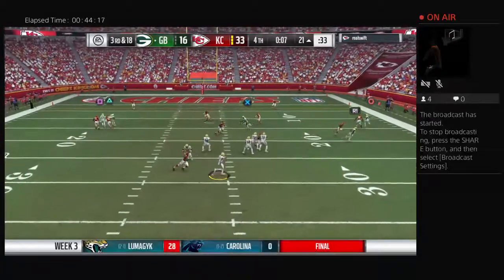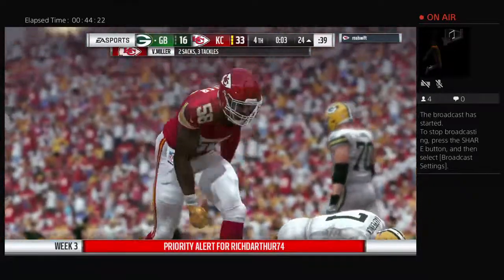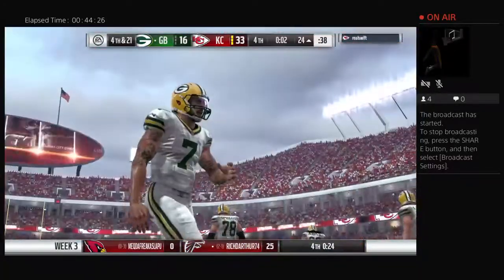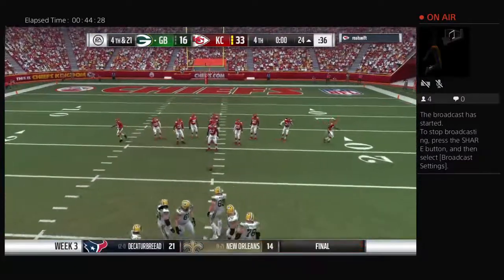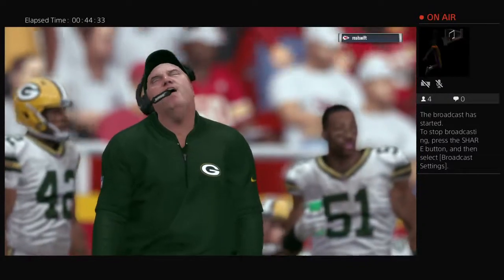And now a first chance for the backup here to throw. And he can't get rid of it. He's taken down. Von Miller in there to pick up his 2nd sack now of the afternoon. And they're indeed going to go for it here on 4th down. So trailing here in the last quarter. Let's see how